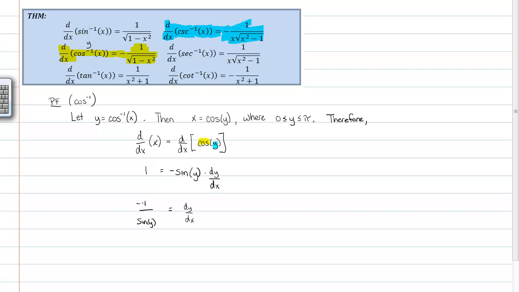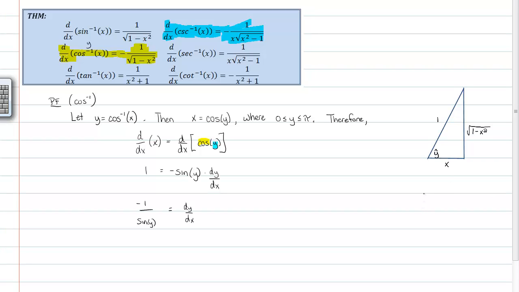So this is where I'm going to draw a very quick triangle. I use a lot of right triangle trigonometry in my mathematics. And we happen to know that x is equal to the cosine of y. So y is our angle. I know that it's technically not our angle, this is actually a reference angle. But if you know quite a bit about trig at this point, you should be okay with this. We know that the cosine of y is adjacent over hypotenuse. So the adjacent should be x, the hypotenuse should be 1. And using the Pythagorean theorem, the opposite is just going to be the square root of 1 minus